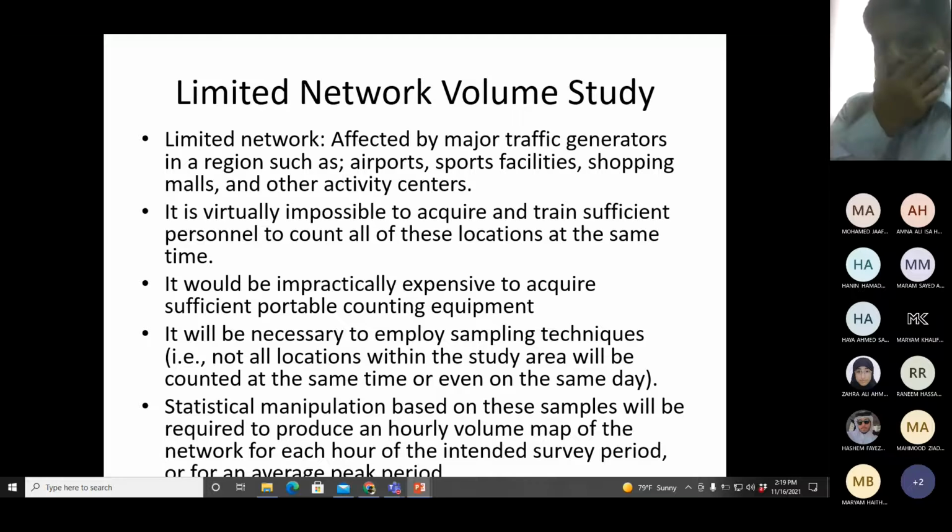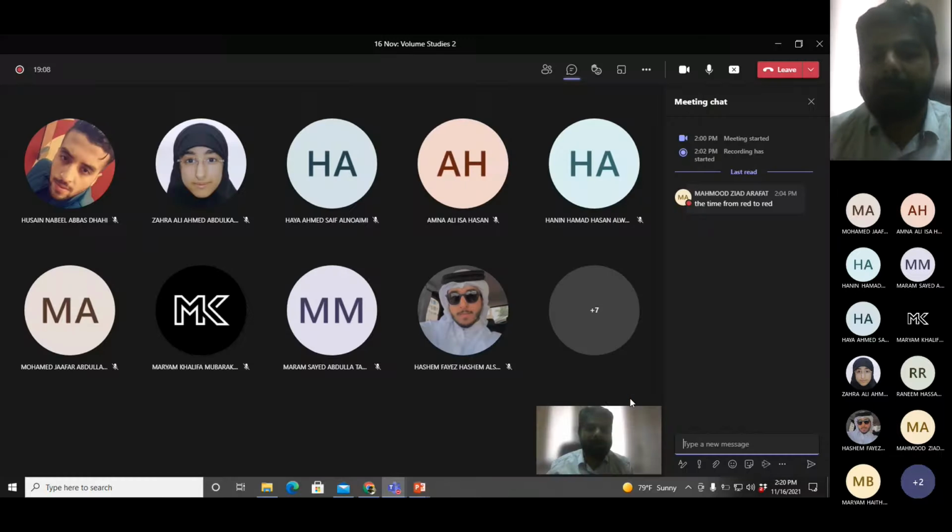Okay, so now limited network studies are very common, but we don't call them limited network studies. If you go into this field of traffic engineering, you will see many studies conducted in which you try to see the impact of a facility on the roads, either before you have designed the facility or after you have constructed the facility. In both cases we do this type of study, and the name given for the complete study is known as traffic